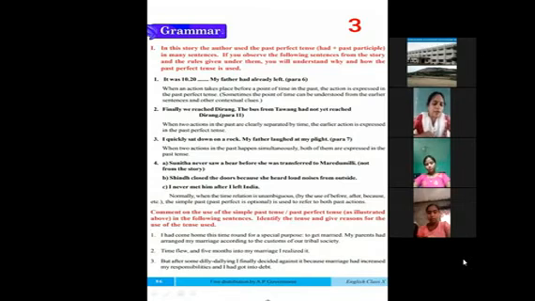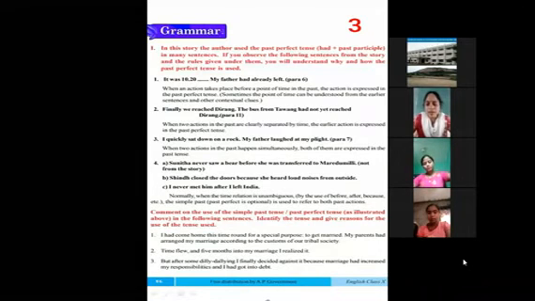So here in the fourth point they have given some examples also. You can go through that. Now why do we use past perfect? Just to get clarity, that's all, nothing else. Why we use different tenses or different forms of the verbs, all of this is only to get clarity, to give information clearly to the listener. So here they have given a few sentences. You can go through those examples once.